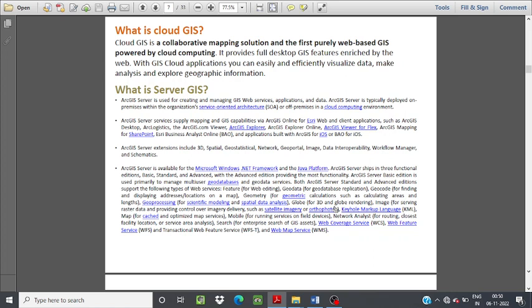And server GIS: ArcGIS Server is used for creating and managing GIS web services, applications, and data. ArcGIS Server is typically deployed on premises with the organization's service-oriented architecture. ArcGIS Server services supply mapping and GIS capabilities via ArcGIS Online for web and client applications, ArcLogistics, ArcGIS.com, ArcGIS Explorer, ArcGIS Explorer Online,